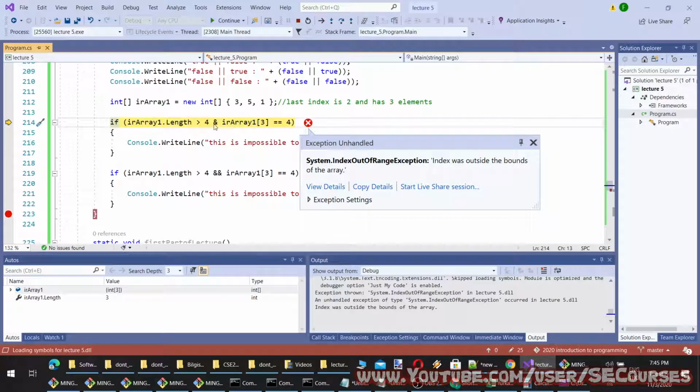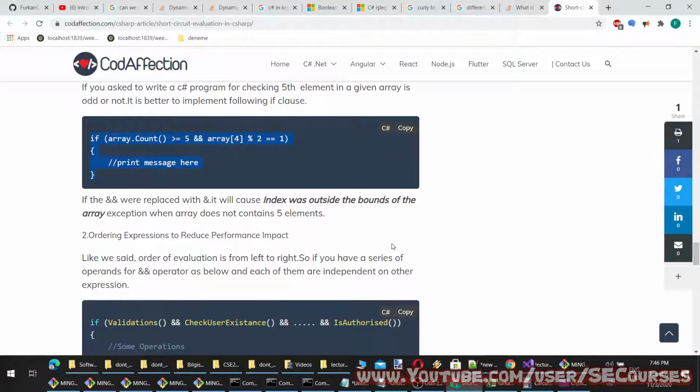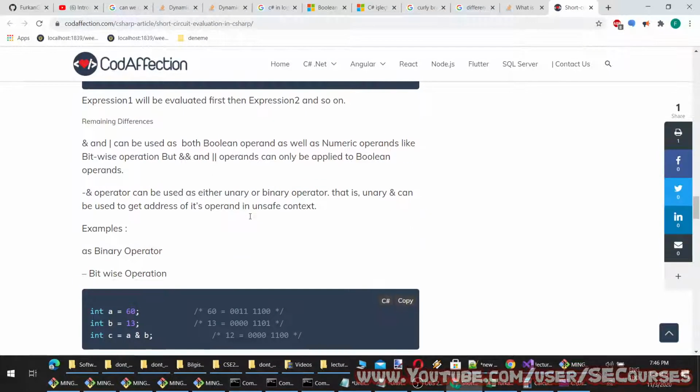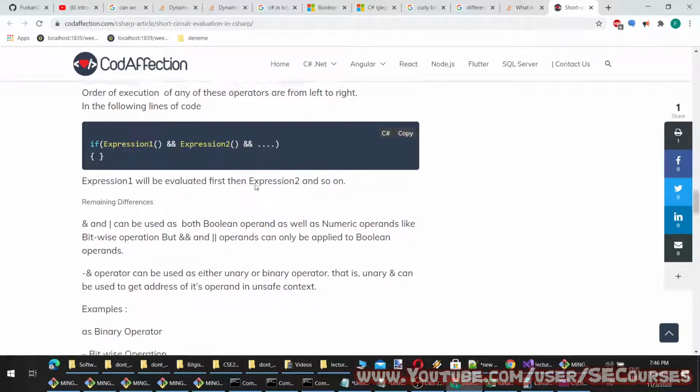Okay, so it has given me an error: index was outside of the bounds of the array. Why? Because it checks both sides whether they are true or not. Actually, the first condition is not satisfied. However, it is still checking the right condition. Why is that? Because the AND operator is using